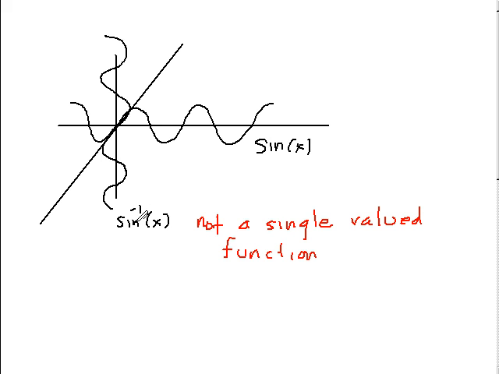Well, one way is just to restrict the range between here and here, minus pi over 2, pi over 2. And let's do that. So if we restrict the range, between pi over 2 and minus pi over 2, inverse sine of x is